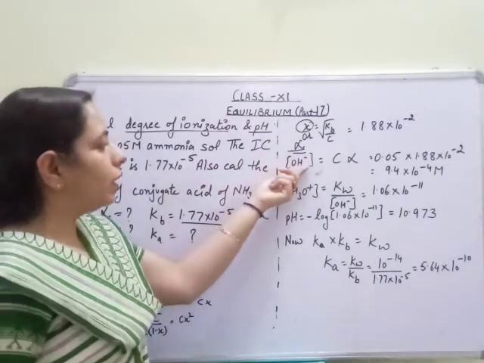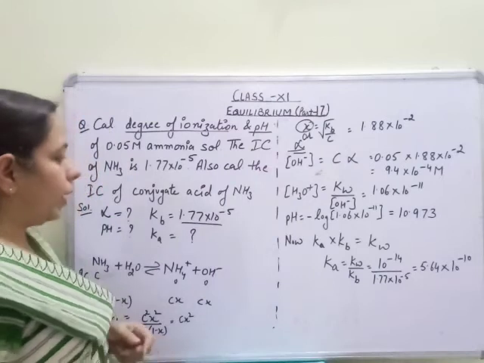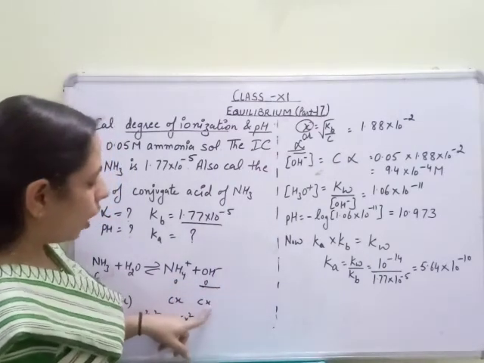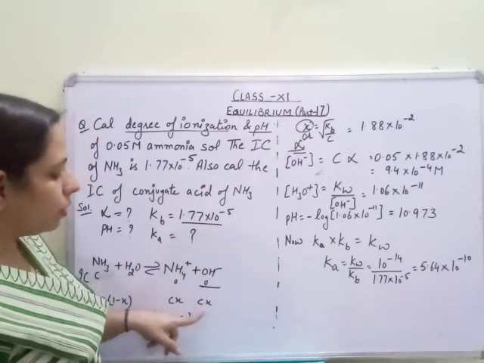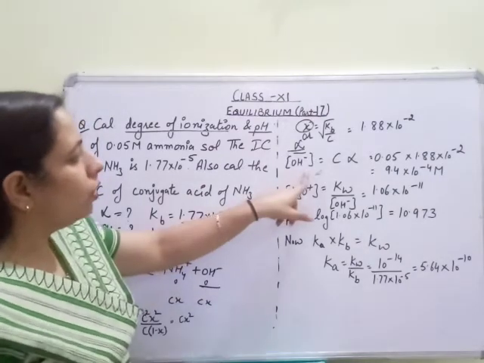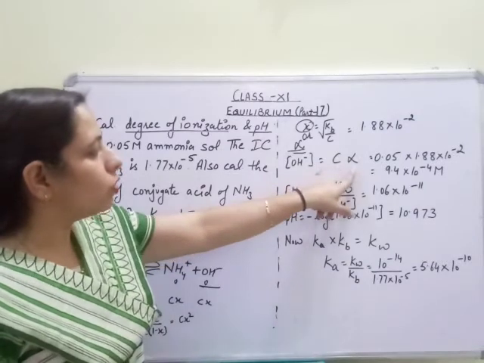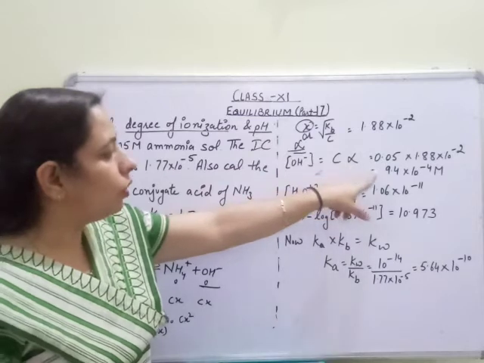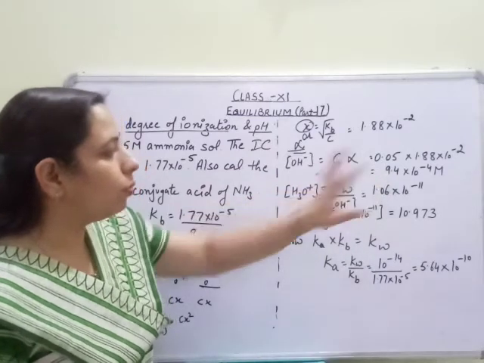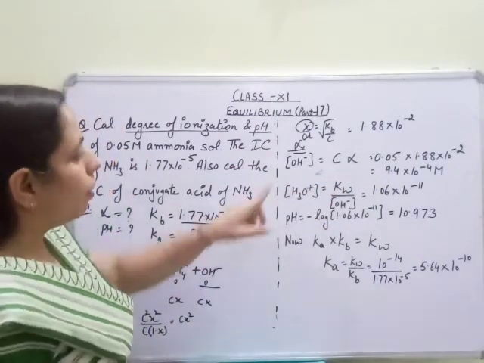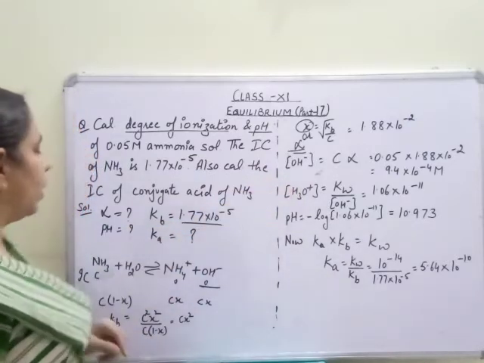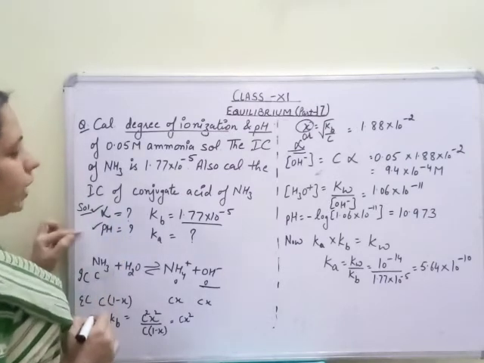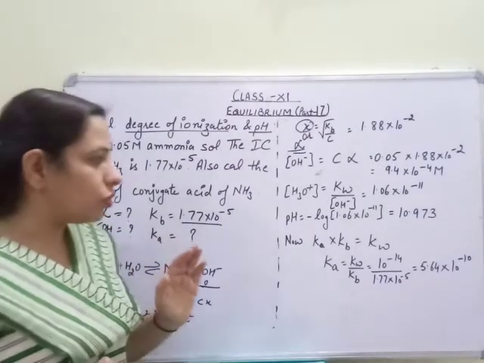Now we have to find the concentration of hydroxide ions, क्योंकि यहाँ हमारे पास hydroxide ions आए थे equation में. So now we have the value of x, we know the value of C also, by applying the formula Cx, और C alpha, क्योंकि x क्या है, alpha ही है. So C alpha is equal to 9.4 into 10 to power minus 4 molar. अब हमारे पास hydroxide ions की concentration आ गई, अल्फा हमने निकाल लिया. Now we have to find pH. पीएच फाइंड करने के लिए हाइड्रोनियम आयन कंसंट्रेशन चाहिए.